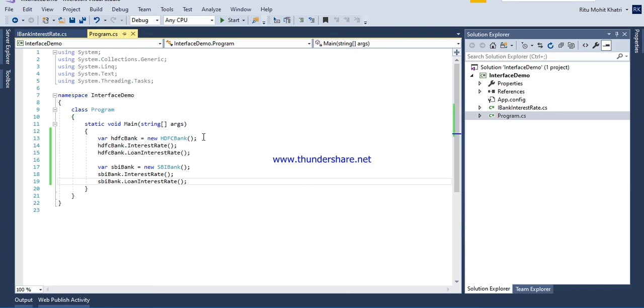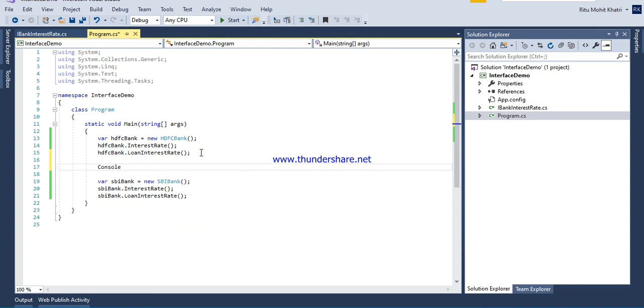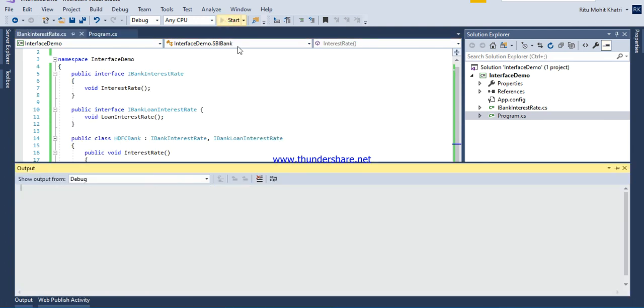Okay. Now if we run this application, here we can add some separator. Now you will be able to see the details of the HDFC Bank first, its interest rate and loan interest rate, and then secondly the interest rate and loan interest rate of the SBI Bank. So let's run the program.